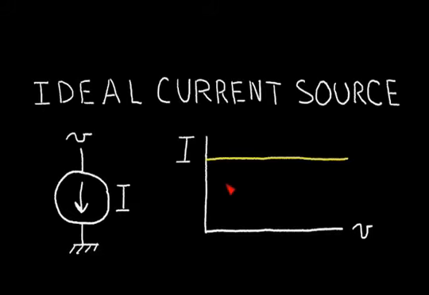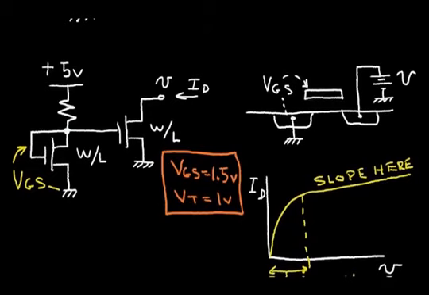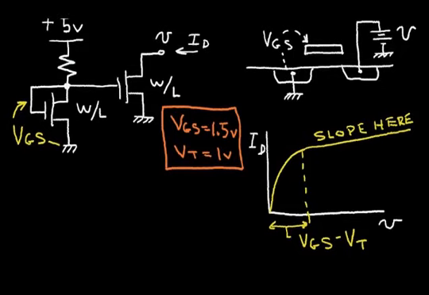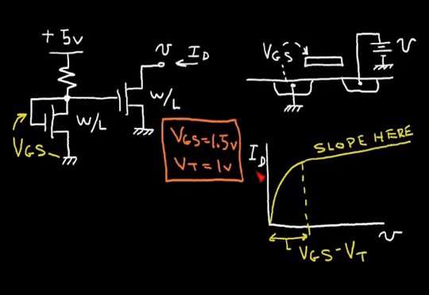In this video, I want to talk about the CMOS current source. Now recall that an ideal current source, the symbol of which is shown at the left, has a current versus voltage characteristic where the current is very flat for any voltage. So let's consider how we can make a current source using N-channel CMOS transistors. At the left, I have two